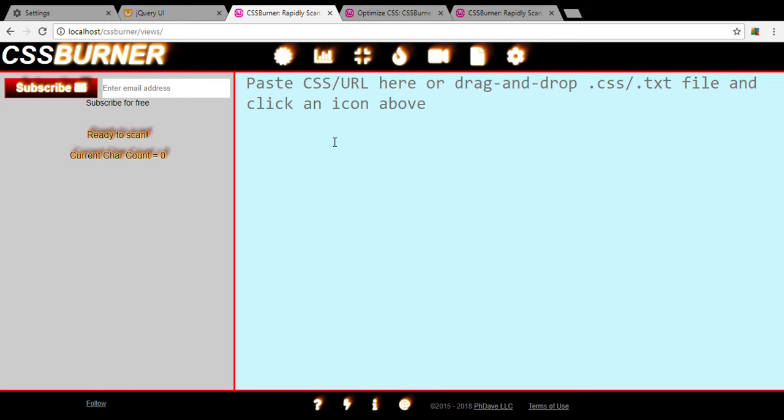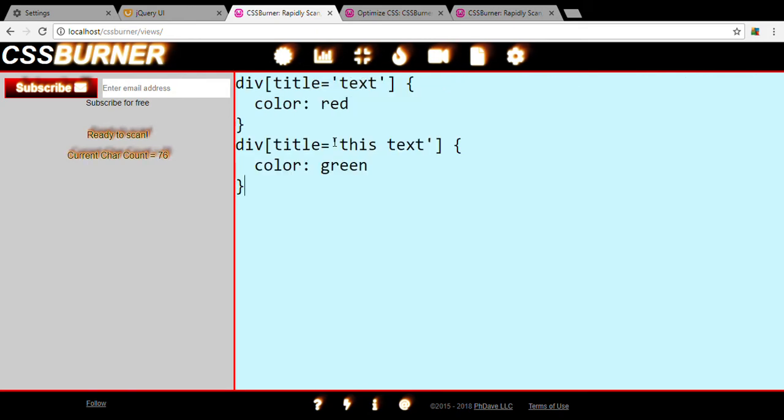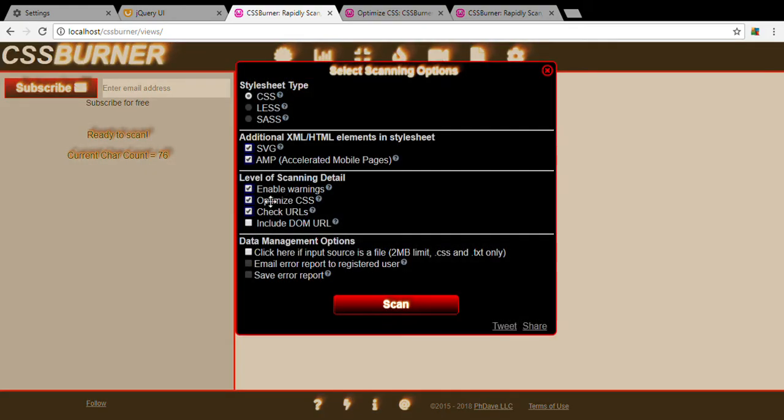And so I'm going to paste in some code blocks, and I want you to stare at this and just think, is any of this markup unnecessary? Are there any characters that can be deleted? So just take a look, and let's now use CSS Burner, which will tell us when we select the Optimize CSS option if there is any superfluous markup. So let's scan this,